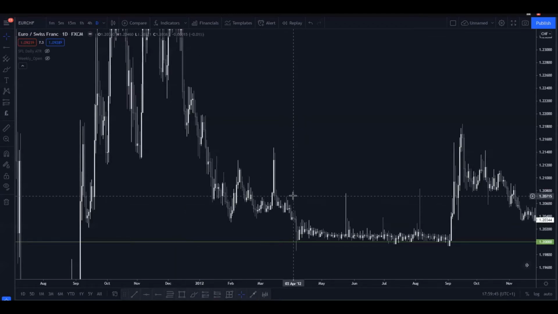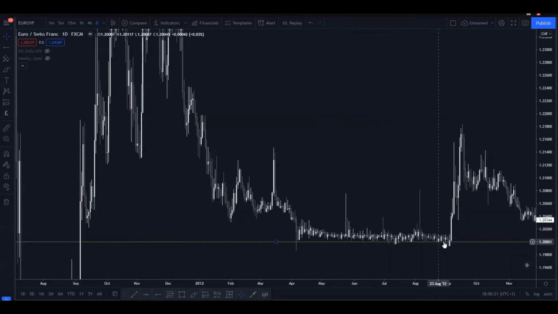And as you can see here, from April 2012, when the market came into this 120 level, it was quickly bought up. And I know it fluctuated in and out some days, but generally from the 5th of April 2012 to around the 5th of September 2012, for a 5-month period, the Euro franc just didn't move below this level, because people thought the currency was going to get stronger, and the SNB kept buying up this level.